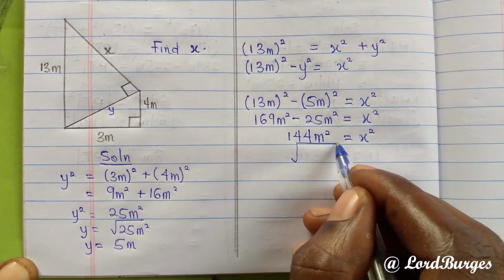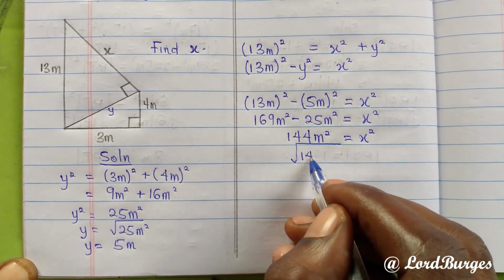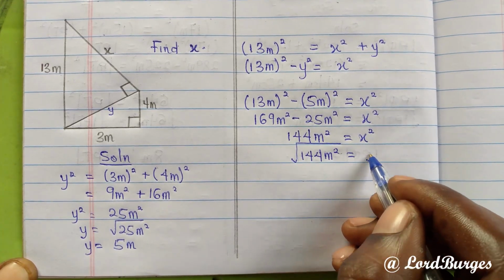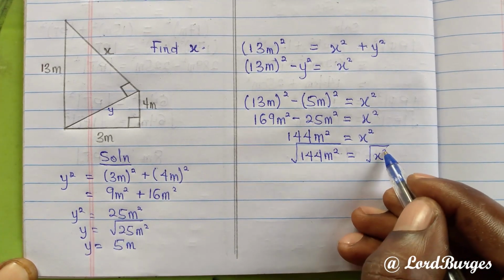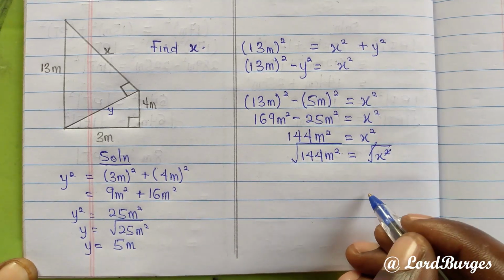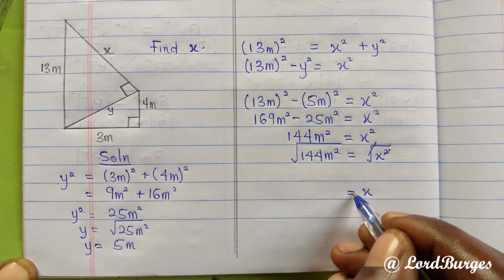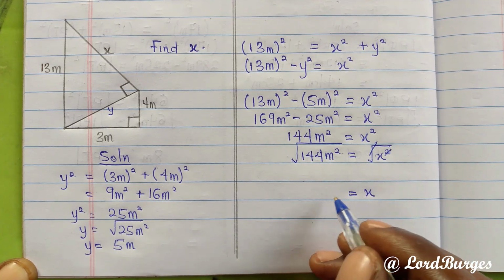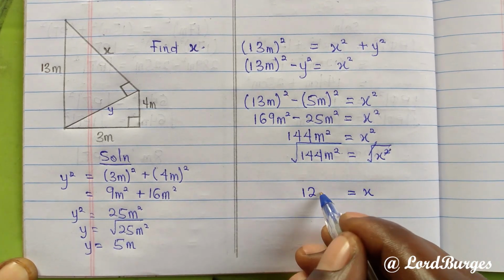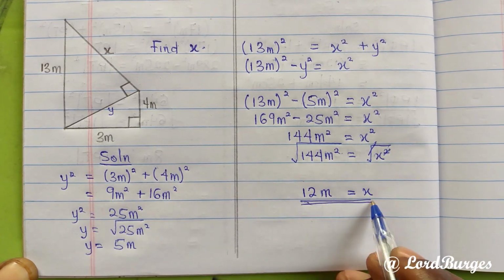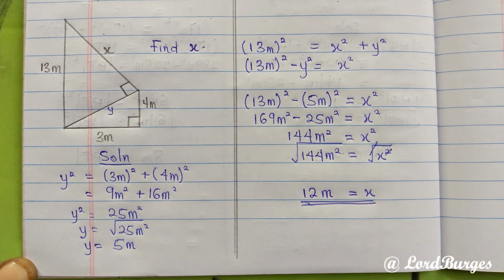So we find the square roots of both sides, the square root of 144 meters squared to be equal to the square root of x squared, where square cancels the roots. We are left with only the x, and the square root of 144 is 12 meters. Therefore, the value of the x we are supposed to find